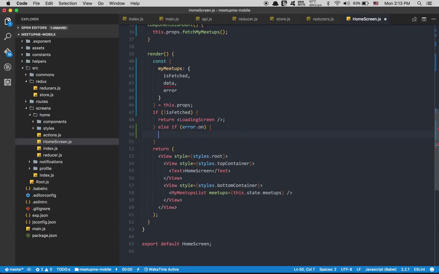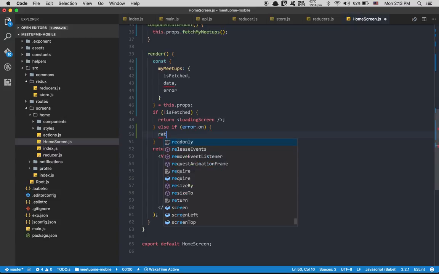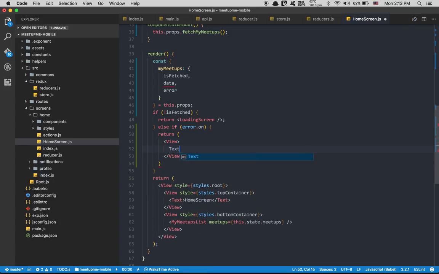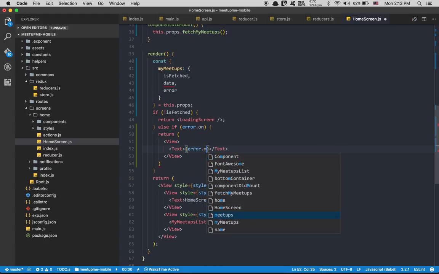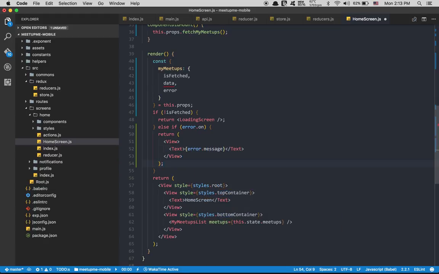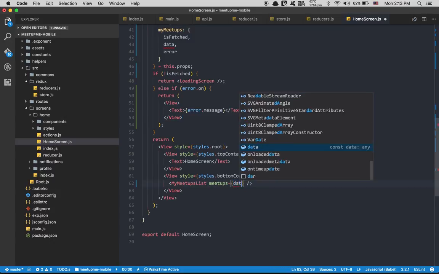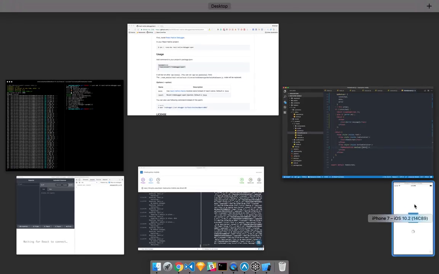When it's true, I'm gonna just show a simple error. So I'm gonna just show a simple return view with text in, saying the error message. Just for now, I'm not gonna design this one. And else here, I'm gonna change this.state.meetup to be only data. So now if I refresh my screen,